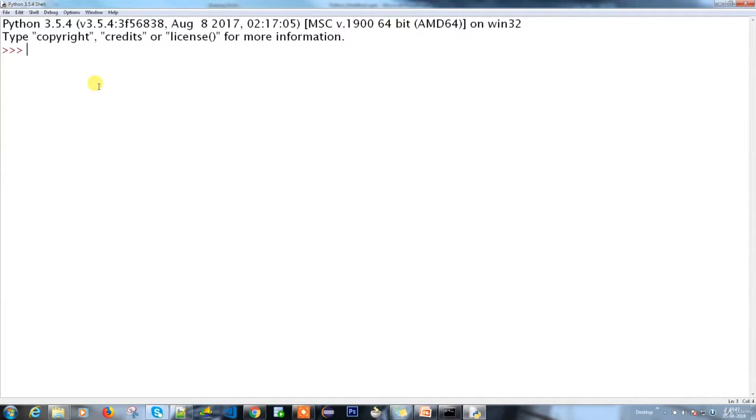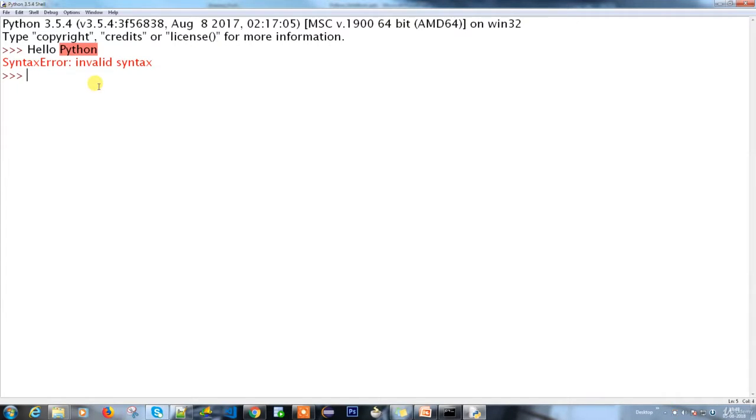How am I going to print something? That is a basic step. I'm going to print something like hello Python. What happened? Invalid syntax.